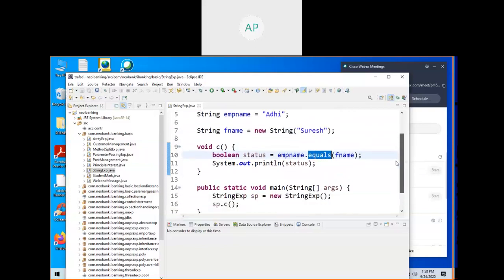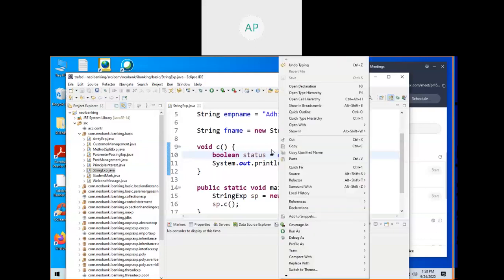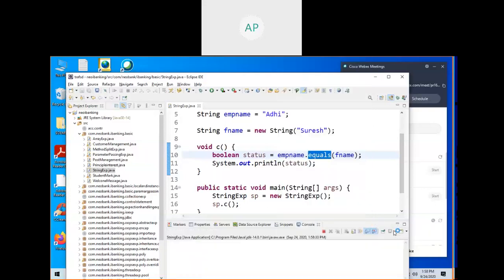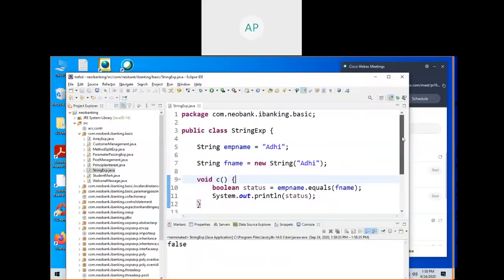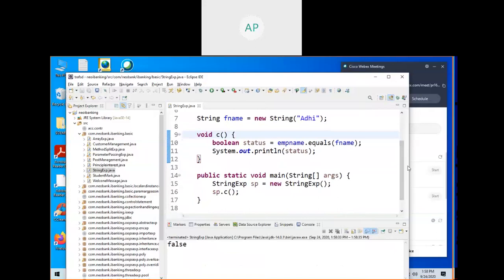The first emp name is Adi, whereas the f name is Suresh. So it will return false. Let me run this one. See, false. If I make this one the same, ADHI, then let me run this program again.